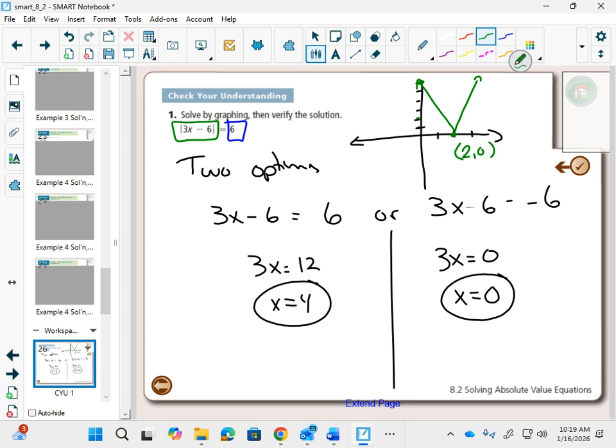Then in blue, y equals 6. This is lucky, we talked about this just earlier. Y equals 6 would just be a horizontal line. Graphically, where do they intersect? Here and here. This point is 4,6. This point is 0,6. So the solutions are,